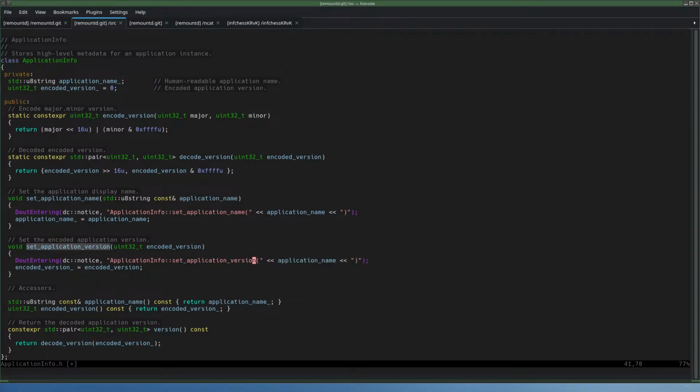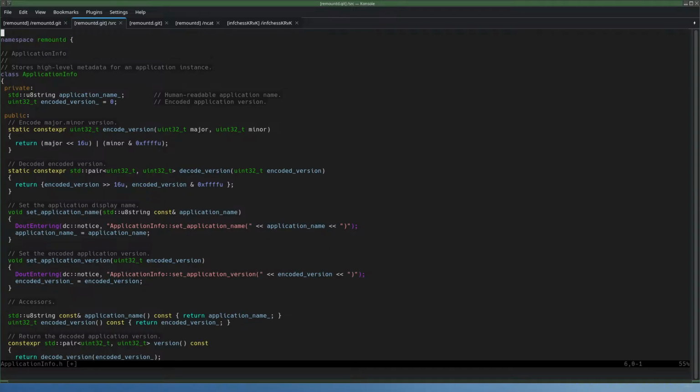And set application version, encoded version. Now you cannot just print u8 strings to ostreams unless we add support for that. I would call that debug support ostream operator.